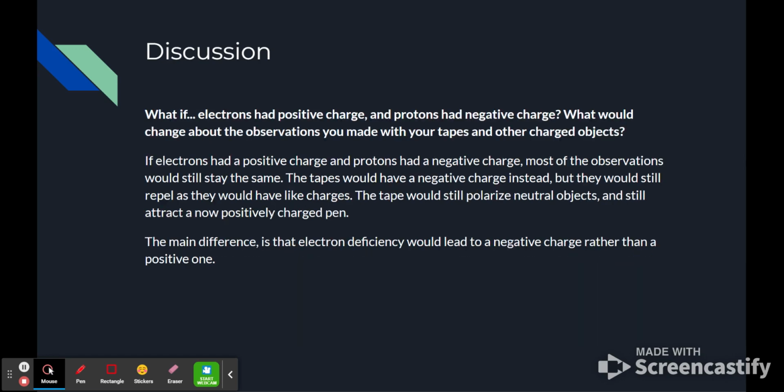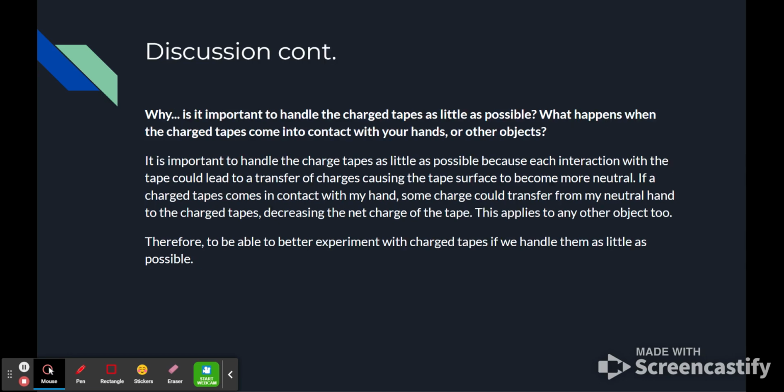If electrons had positive charge and protons had negative charge, most of the observations would still stay the same, since the tapes would have a negative charge instead, but they would still repel, as they have like charges. The main difference is that electron deficiency would lead to a negative charge rather than a positive one. It's important to handle the charged tapes as little as possible, because each time it comes into contact with our